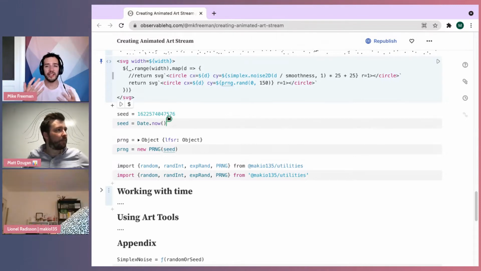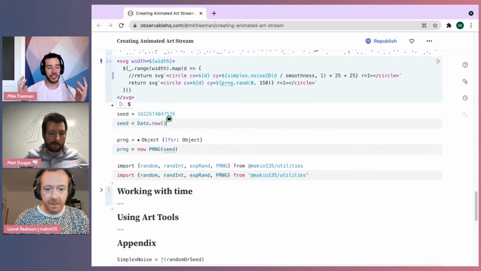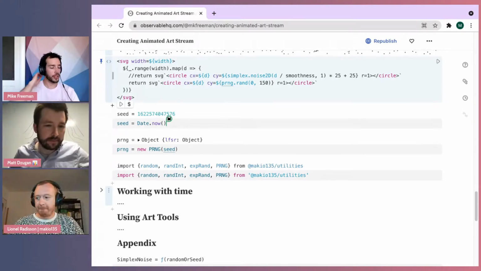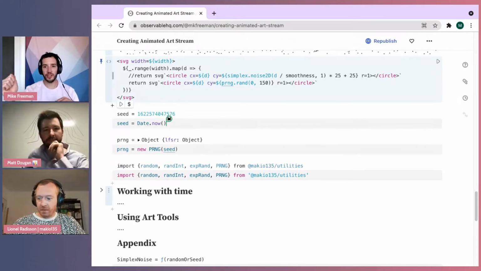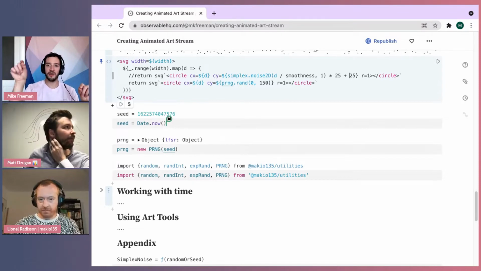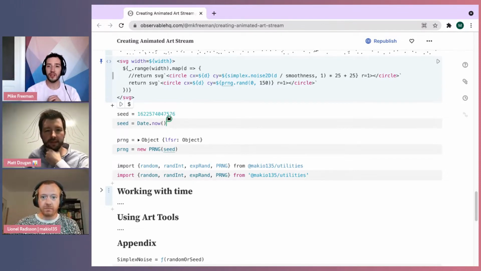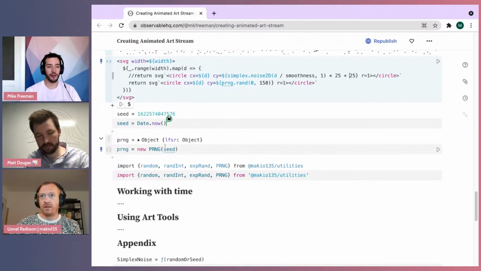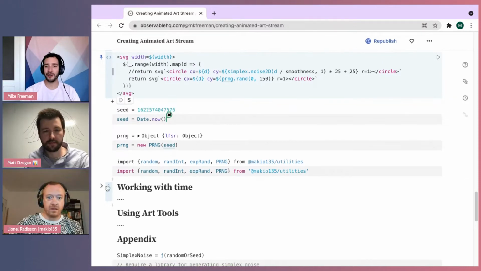So we need some sort of utility, some understanding of moving through a set of frames, moving through time, where we're going from the start to the end, or maybe from the start to the midpoint and then back to the beginning. I think both of you had some great ways of thinking about that. So whoever wants to dive in first, either with their cursor down here or with something else to add verbally,